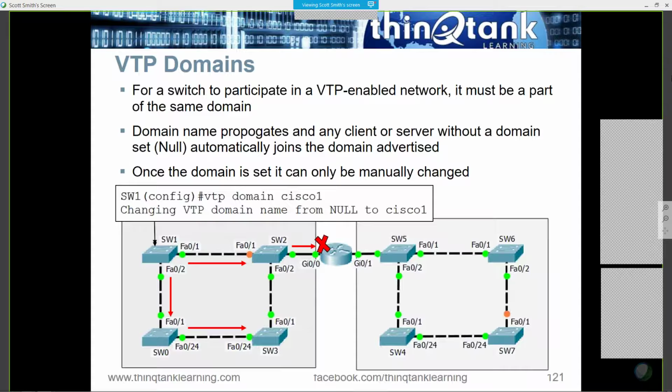For a switch to participate in a VTP-enabled network, they have to be in the same domain. The domain name does propagate, and any client or server without a domain name set automatically joins the domain that's advertised. There is an exception to that, right? The exception is if you are using VTP passwords. If a password is set, it won't synchronize because it doesn't know the password. But,